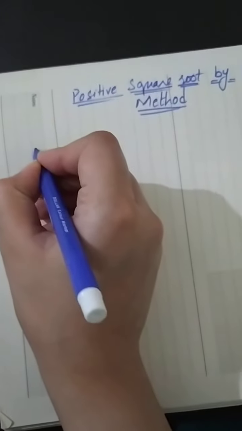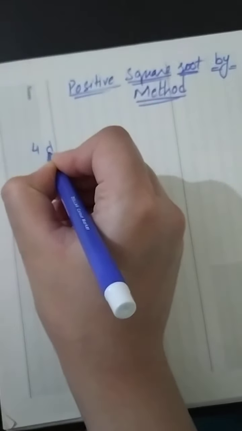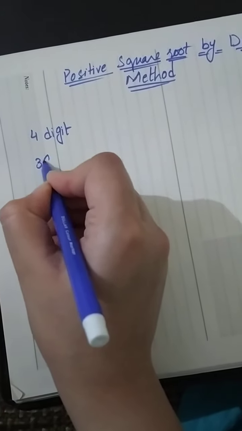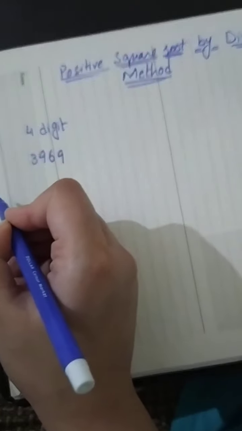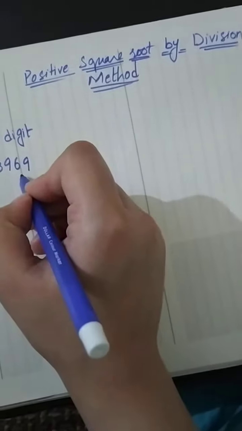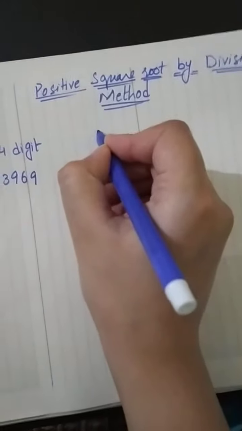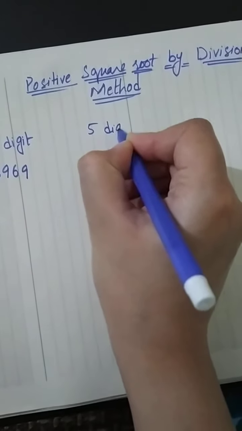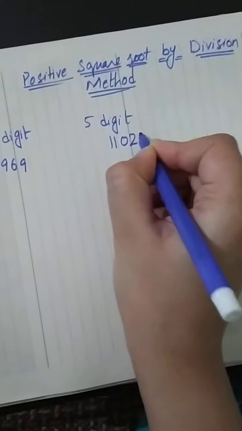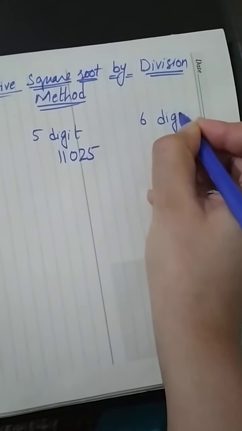The first is a 4-digit number, 3969. The second number is a 5-digit number. I am going to solve a question of a 6-digit number, that is